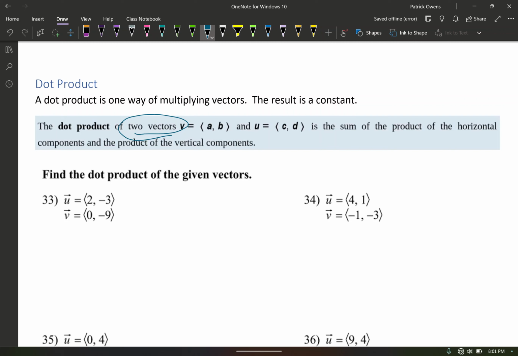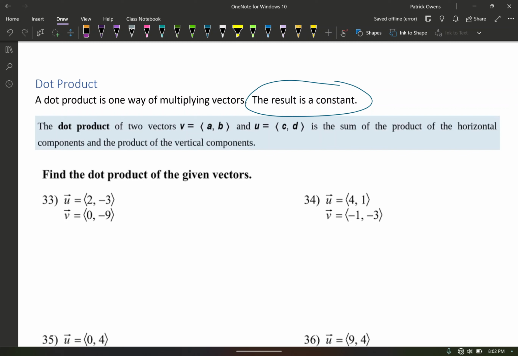Our input for dot products is going to be two vectors, and our output, our result, is going to be a constant. And our dot products are really important for finding the angle between vectors, which we'll talk about soon. And that's really it. So we need to just be able to calculate these first